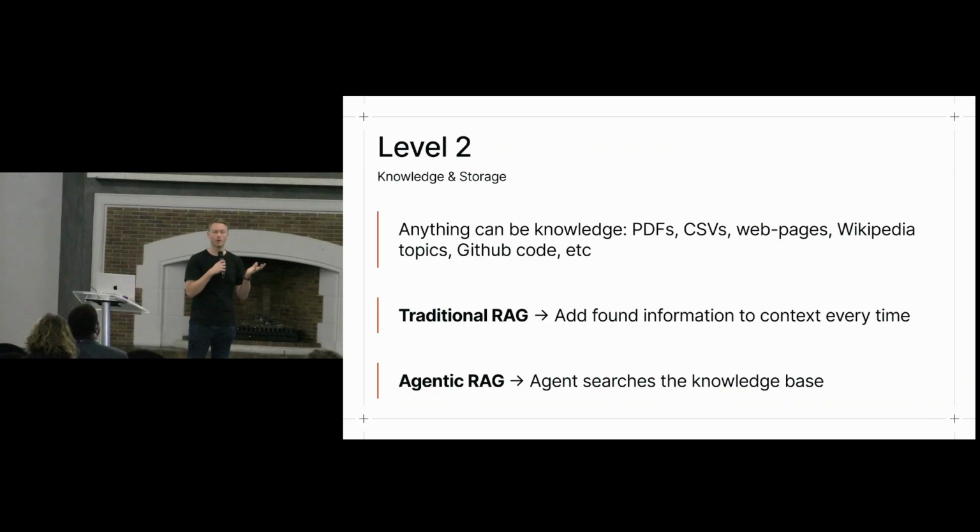The traditional approach to RAG is you ask a question, like I ask, what are agents? And that question gets used to inject knowledge into every request made to the agent. But whether I say, what are agents, which is a relevant question, or I ask it how to make pizza, it'll still inject whatever knowledge it finds. So that is traditional RAG, and it is quite heavy on context. Agentic RAG is you give the agent a tool, and you tell it, search the knowledge base when you need it. So you put that responsibility over to the agent, and it can find relevant knowledge when it needs to.